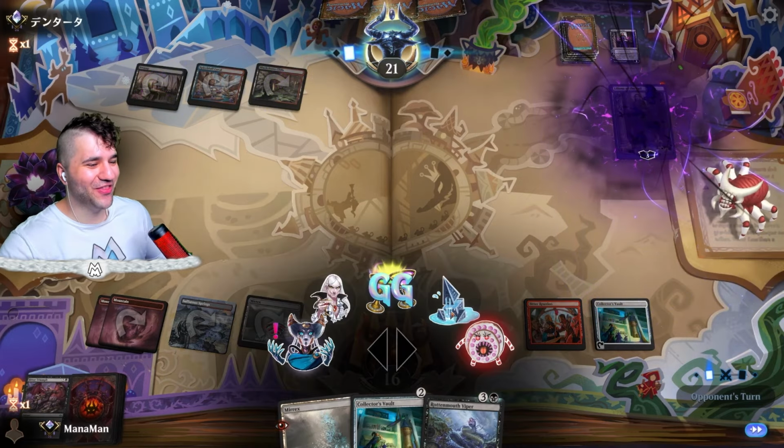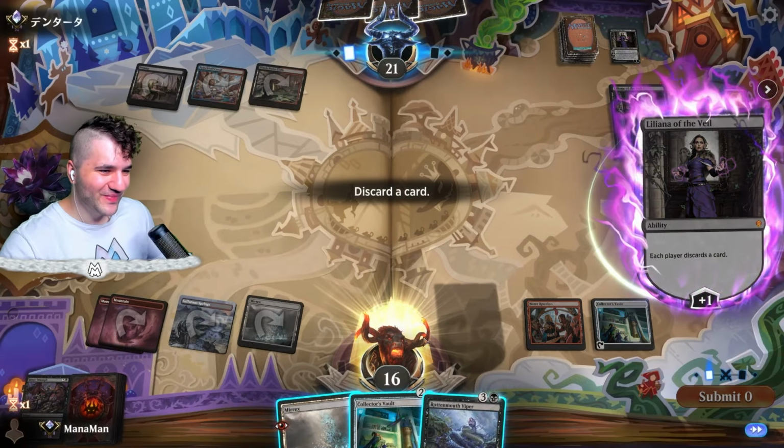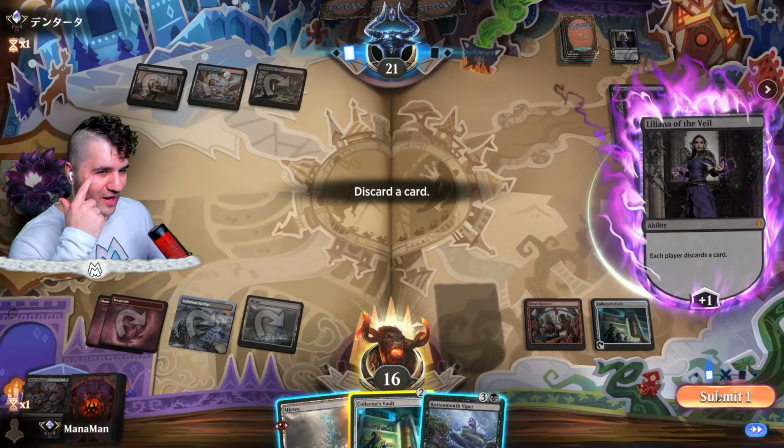Oh my god, another Liliana. I told you we were pro emote on this channel. I think we'll just get rid of the other Collector's Vault. It's fine. I know that we have the Rottenmouth Viper, but...